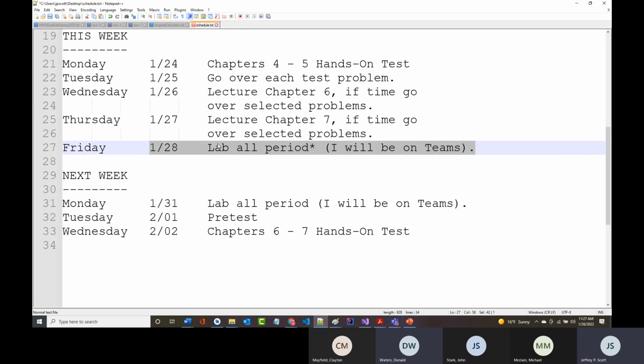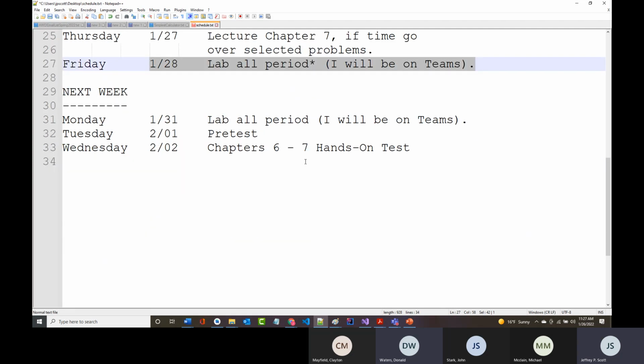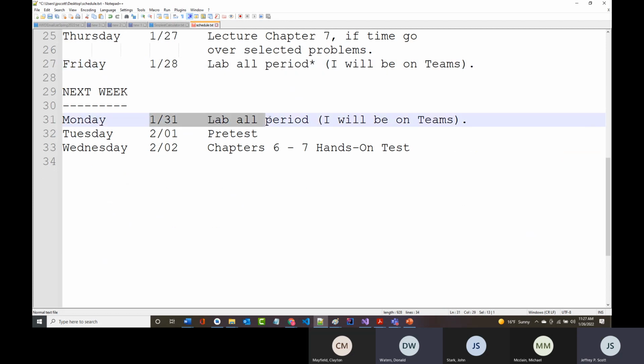Then whatever time is left will be lab. I will be on Teams throughout the entire class. Next Monday, 5 days from today, will be lab for the entire period, the entire 3 hours and 50 minutes. So you'll probably get about 2 hours here and 3 hours and 50 minutes there, so that's close to 6 hours of dedicated class time for labs. On Tuesday,